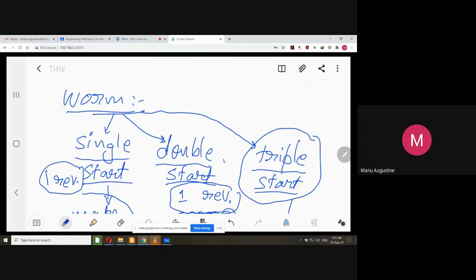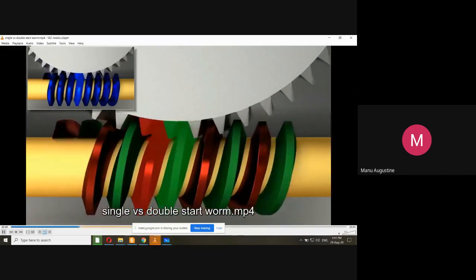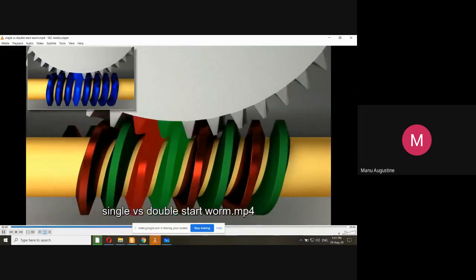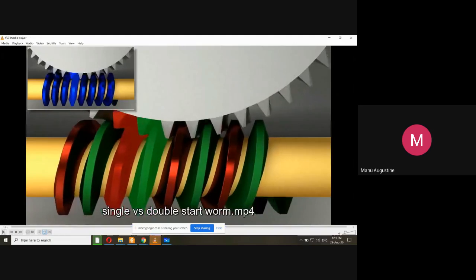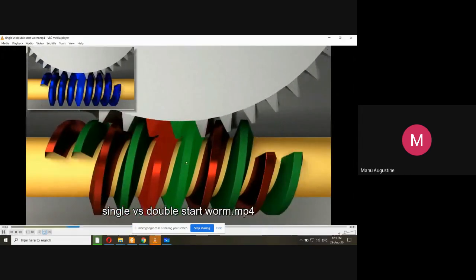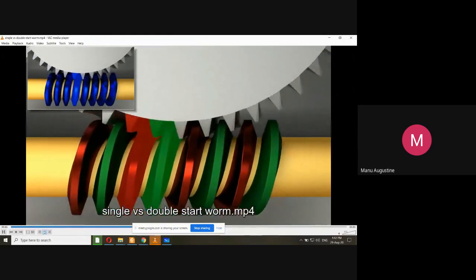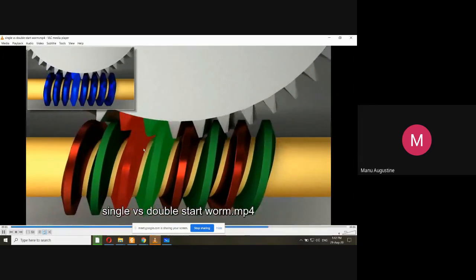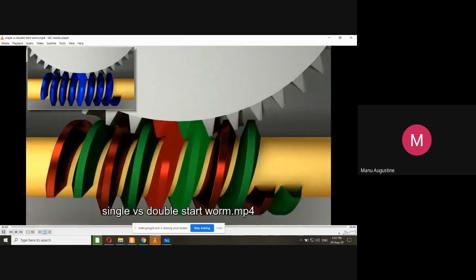And actually, the mechanism of a worm and worm wheel was designed by engineers for heavy speed reduction only. So these mechanisms are used for heavy speed reduction. But you will learn about all these concepts in your later semesters. In this particular video, I just wanted to make you acquainted with the concept of a worm and a worm wheel, and the concept of single start and double start. Okay, now,